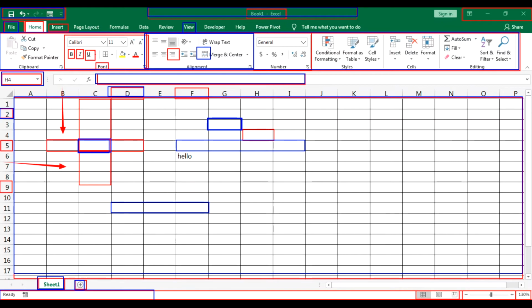So the whole file of MS Excel is called a workbook, and each page of the workbook is called a worksheet. A worksheet is an individual page where we store the data. So whenever you are asked what you save, workbook or worksheet, you say we work on a worksheet, but we save a workbook.